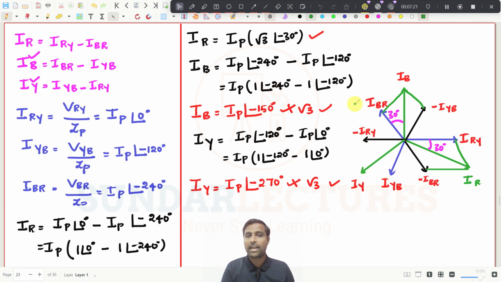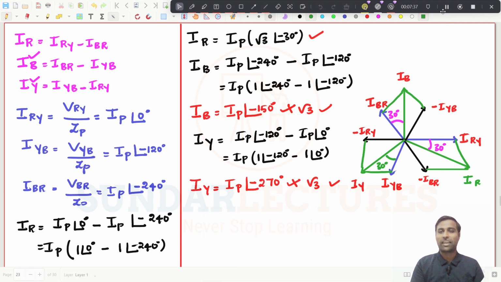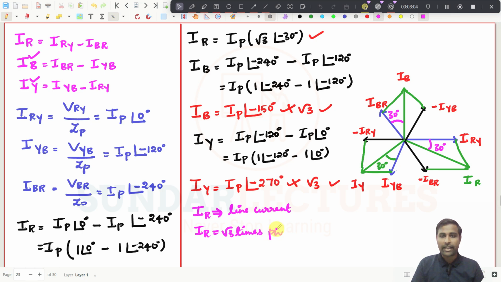And you have to add these two values, this one and this one. And what is this value now? This is 30 degree. So what I can conclude here, try to understand one thing. What is the value of IR? This is line current, right? Always see, line current value will be higher than the phase current value. So IR, I can generally write, is root 3 times the phase current,